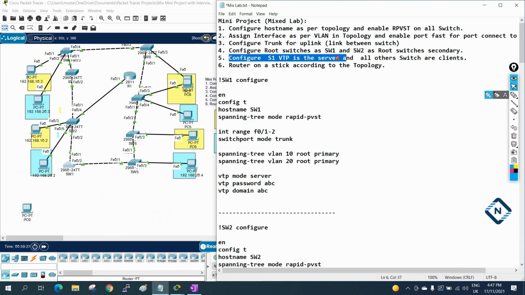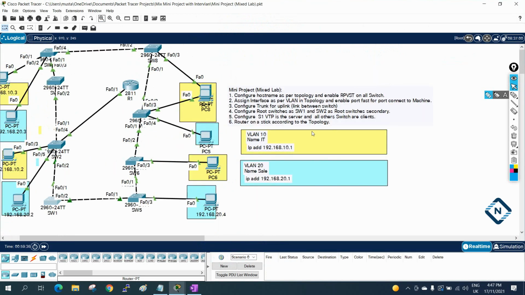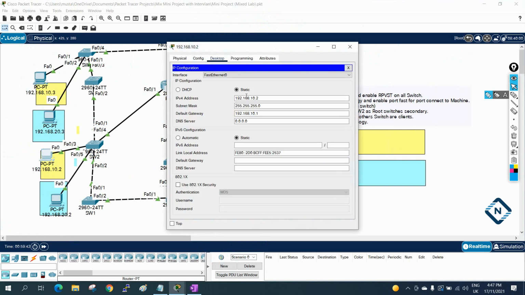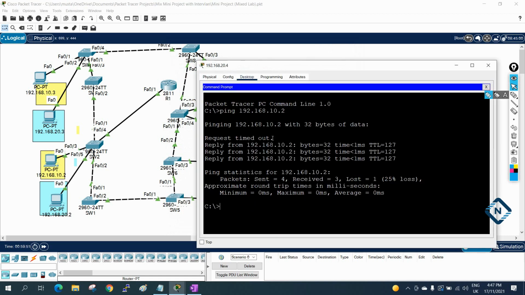Friends, finished. Today we configured this and we checked that it is present. So our lab is successfully done. Okay. If you want, we can verify. Let me show you what we need to verify: that different VLANs can communicate. If you check here, this IP is 102. I will copy this IP. This is in the yellow VLAN. Yellow means VLAN 10. Let me go to this one, 20.4.